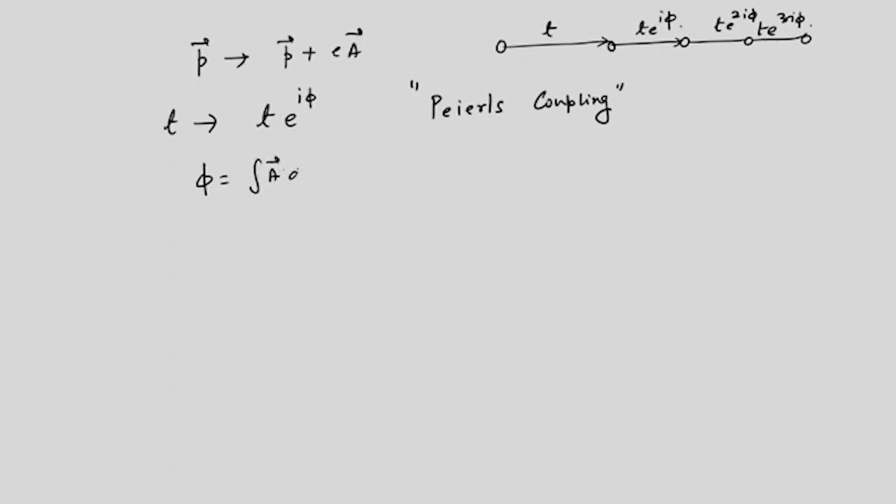you can always adjust this phi, which is nothing but the integral of A dot dl, such that, because exponential i phi is the same as exponential i phi plus 2 pi. So, if this phase gets modulated by a full 2 pi, then you get back the same hopping. So, instead of translational invariance everywhere, you do not get that, but what you get is that,